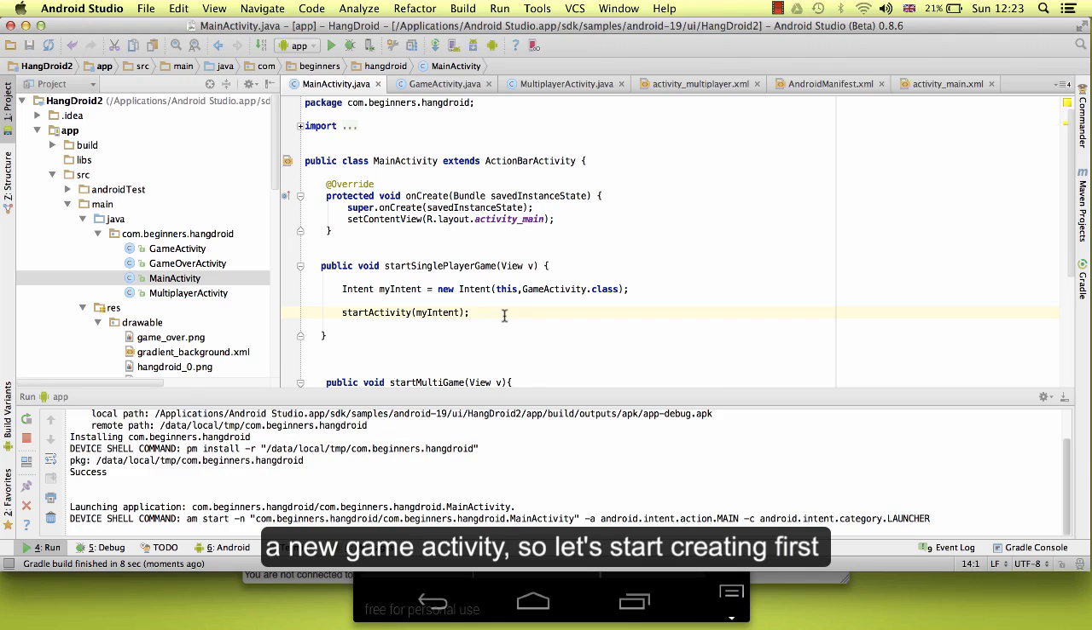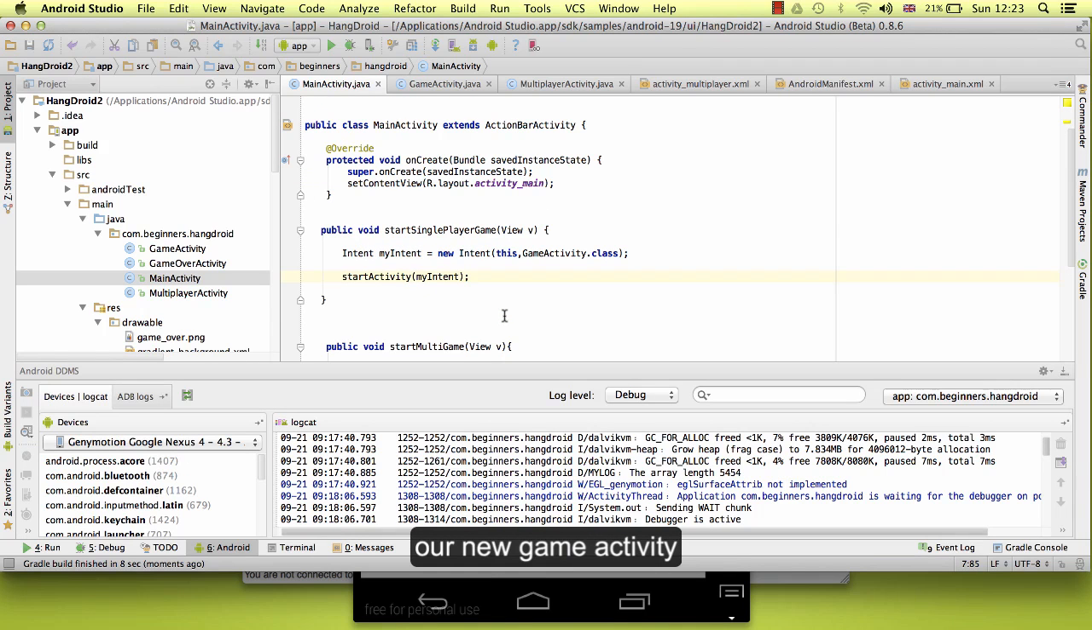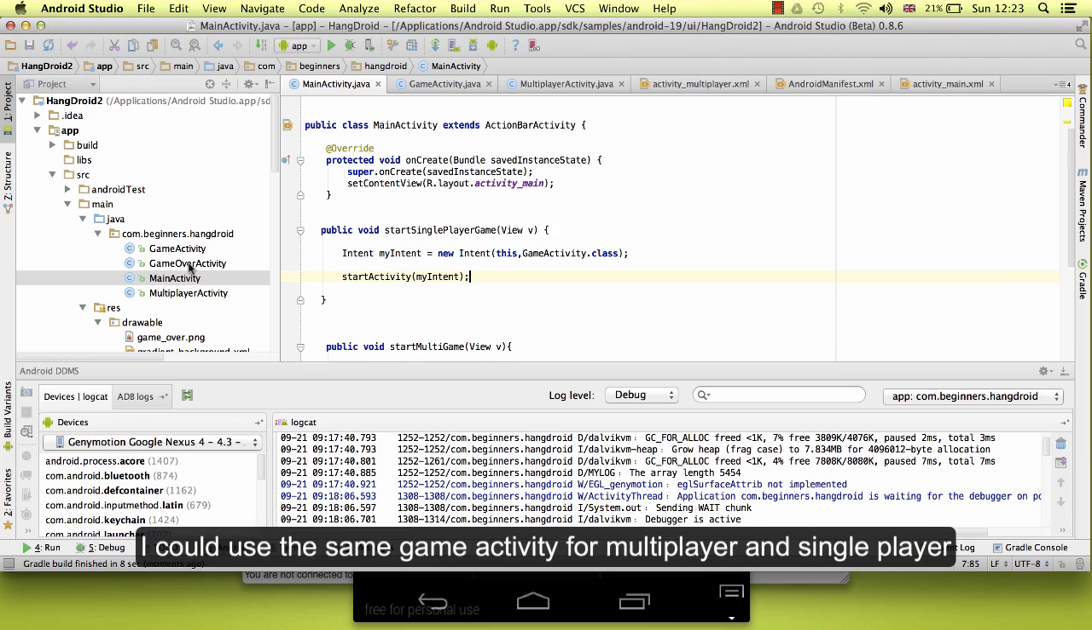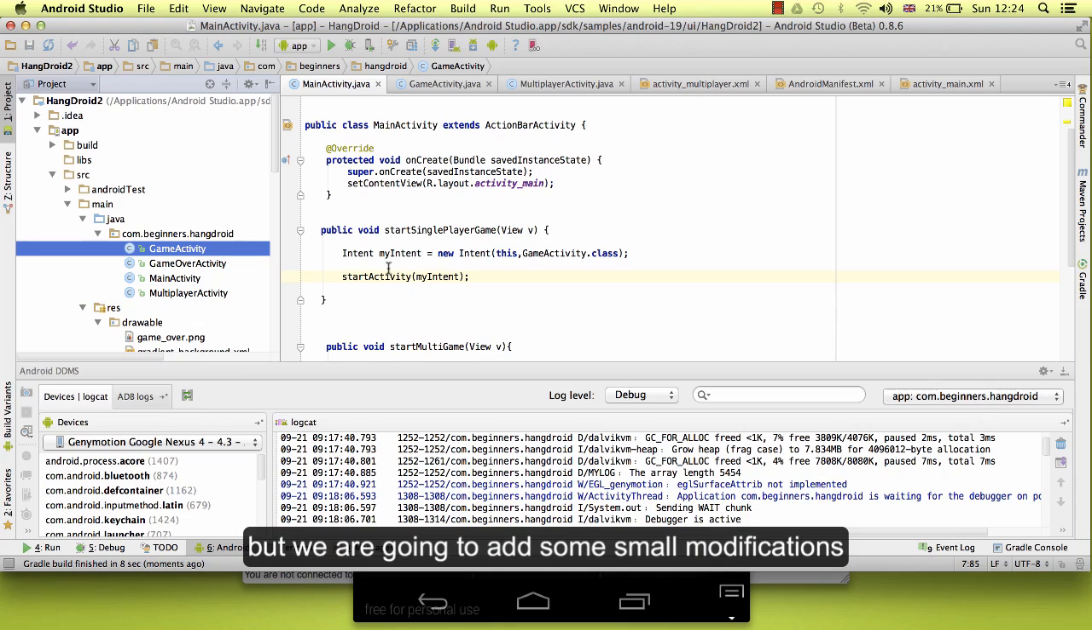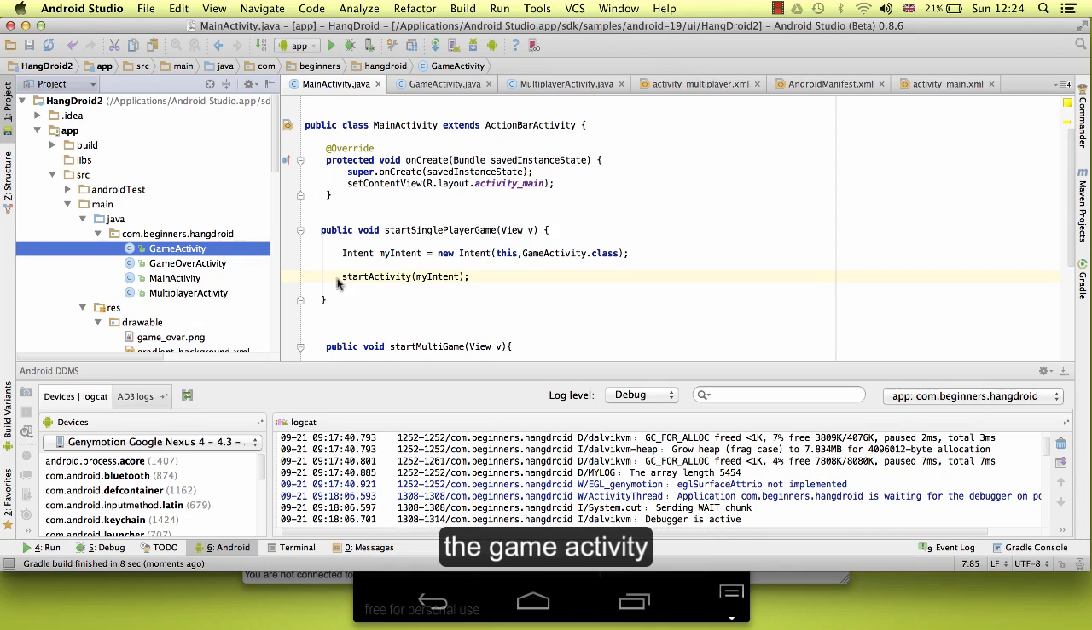So let's start by creating our new game activity. I could use the same game activity for multiplayer and single player, but we are going to add some small modifications. So for that I want you to copy the game activity and I want you to paste it